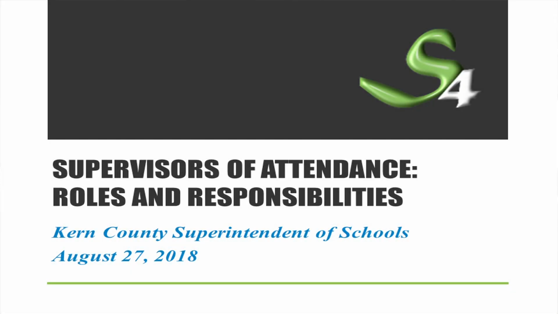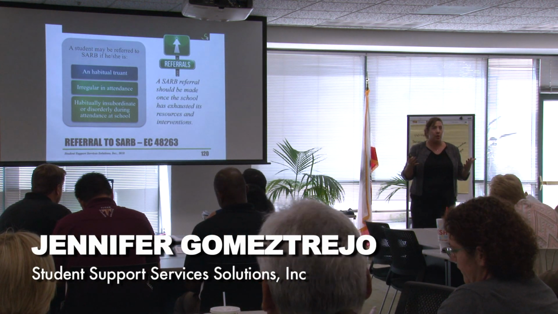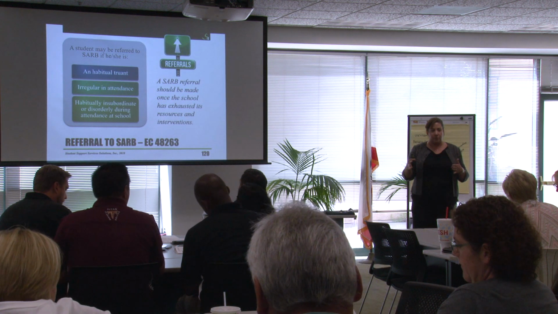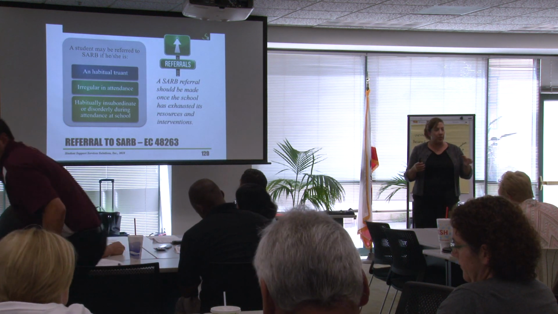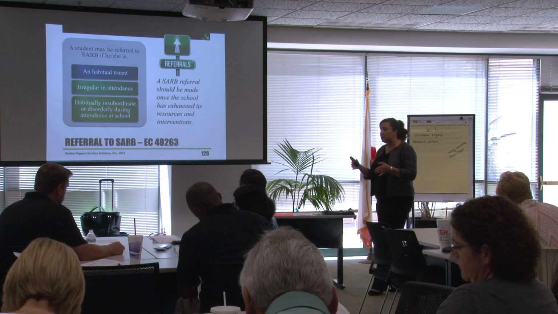This should be tier 3, the intensive interventions. This is what happens when things haven't worked at tier 1 and tier 2. Okay, when you've tried the prevention piece and you've tried the early identification intervention pieces, when you've done all of